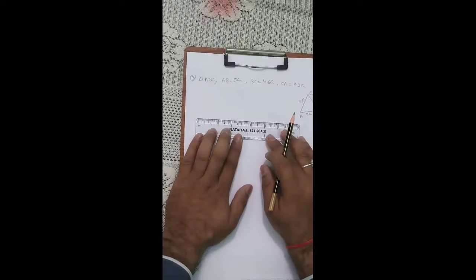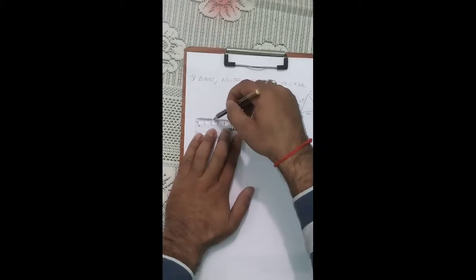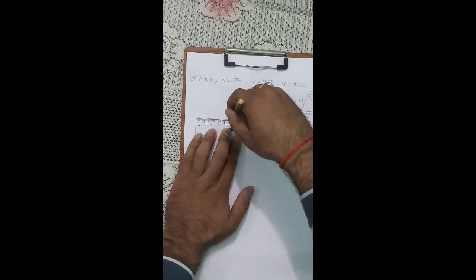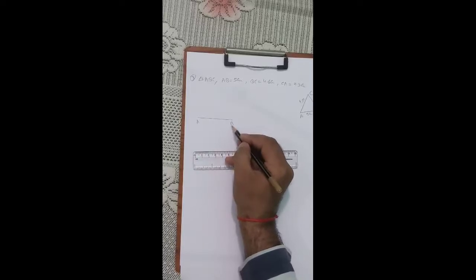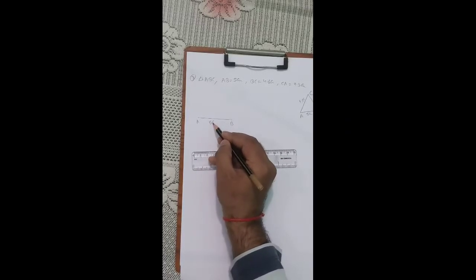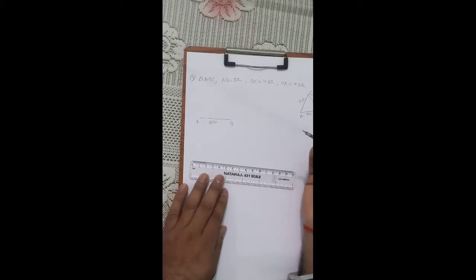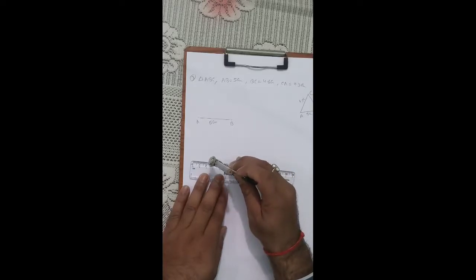Arrange your scale on your notebook, take your pencil, keep it at 0 and then bring it to 5 centimeter. See, this is the 5. Okay, from 0 to 5. This line segment is equal to AB, which is equal to 5 centimeter. Now the second line segment is BC, which is equal to 4.6. So how will you measure it? Take your compass, put your compass needle at 4.6.